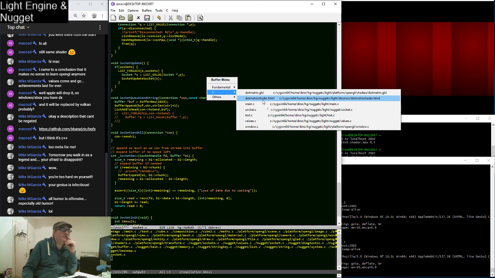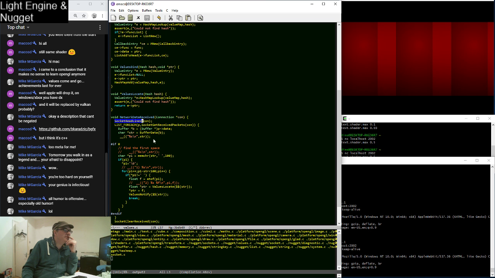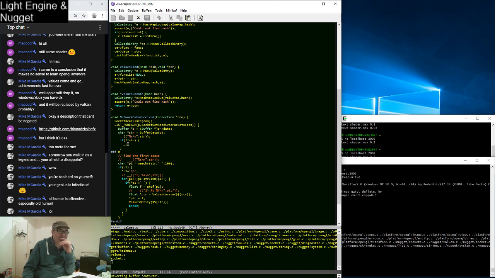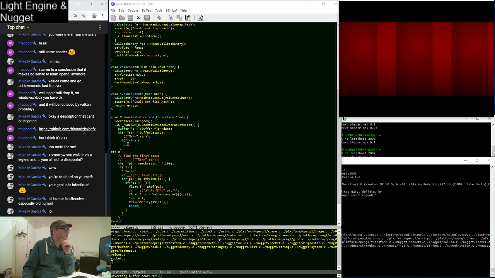Dot matrix shader, yeah, values. When I read the lines, I get this. I should probably read until I see a blank line. Yeah, if str. Oh, you can actually check if it's a null string that way. So let's see if I can. I'll just put that in there and see if when I hit refresh,